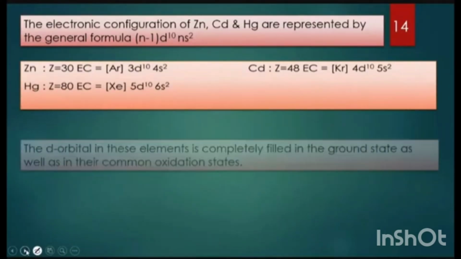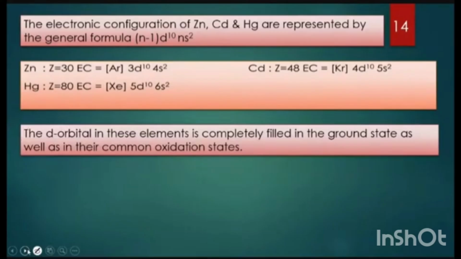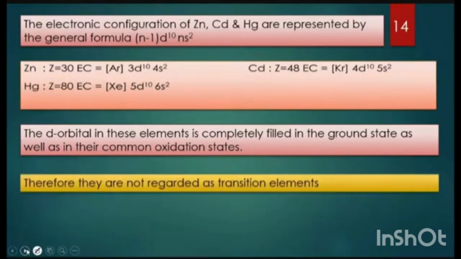If you want to call a D block element a transition element, what is the necessary condition? The necessary condition is that it should have a partially filled or incompletely filled d orbital. But here, with respect to zinc, cadmium and mercury, all these three elements have a completely filled d orbital, which is exactly contrary to the actual statement for the transition elements. That is why all these three elements are not regarded as transition elements, but still they have been